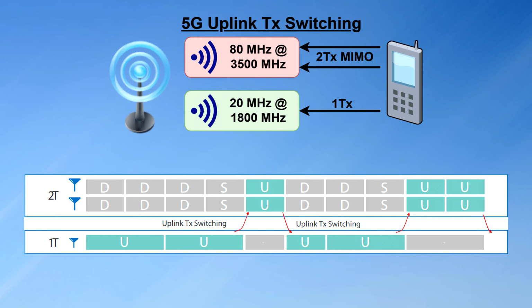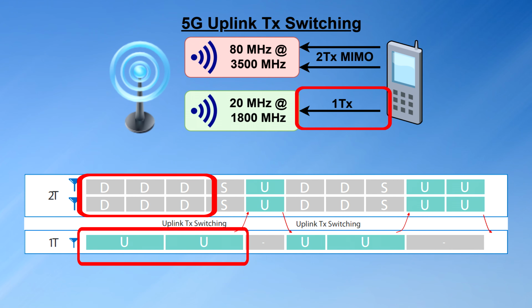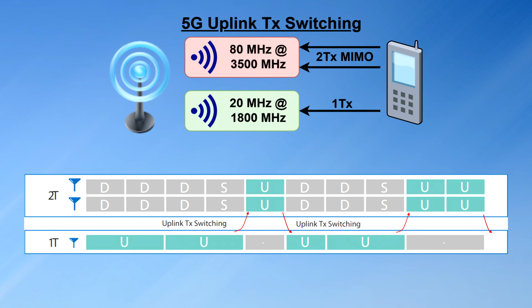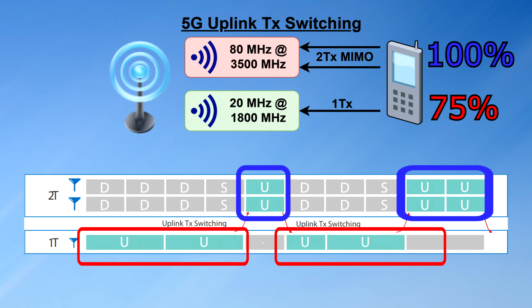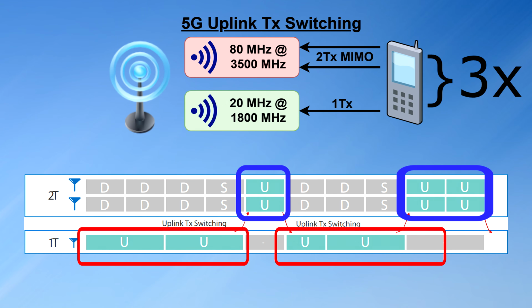As long as the TDD band is in downlink slot's time domain, the handset uses one transmitting antenna to transmit data over the FDD band, but as soon as the uplink time domain of the TDD band is scheduled, the handset switches both of its transmit antennas to use Uplink MIMO for transmitting two data streams to the base station. Effectively, the handset can utilize 100% of the 2x2 Uplink MIMO slots in the TDD band and roughly around 75% of uplink in the FDD band, which almost triples the uplink throughput performance compared to devices which just use one